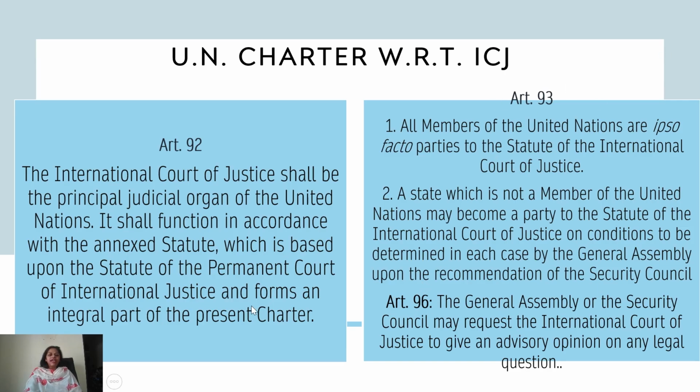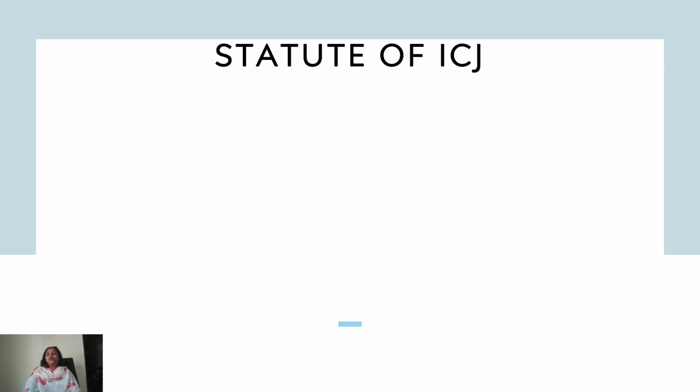Now, these are the generic provisions about International Court of Justice that are mentioned in the Charter. Now, let us zoom in to the Statute of International Court of Justice, which is a document devoted completely to the International Court of Justice. Now, we will look at the scheme of the statute so that we know the broad categories of things that the statute talks about. So, the statute is divided into several chapters.